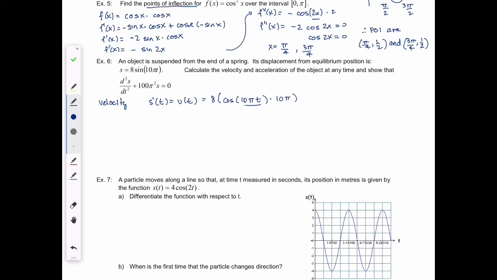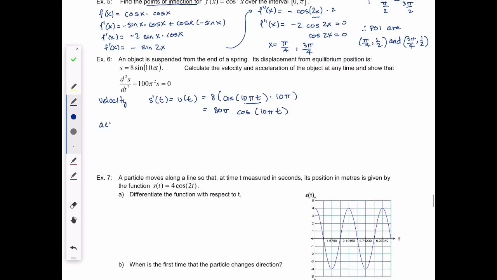Notice that I put brackets around what's in front of the cos, so that we know what's a number in front of the cos being multiplied. So I'm going to take the 10 pi and multiply with the 8, so we have 80 pi cos of 10 pi t. For acceleration,